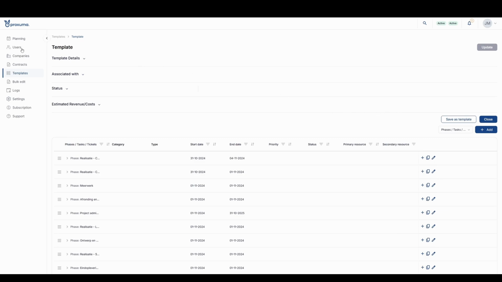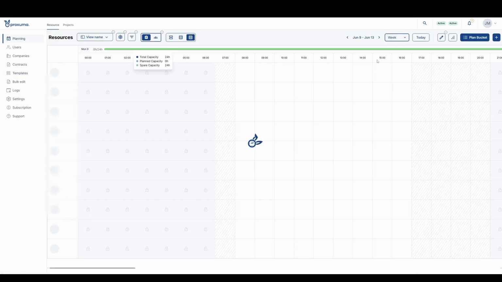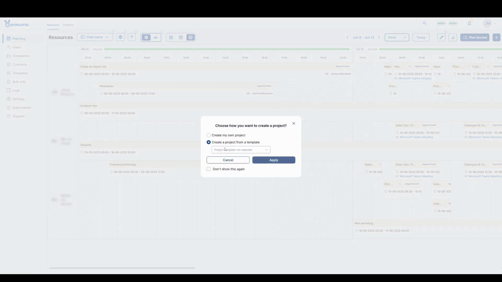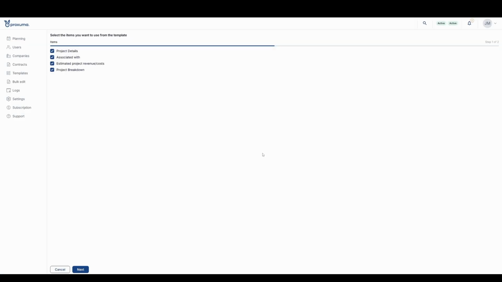So if you want, for example, to then create a project, you could do it from here or from here, doesn't really matter. You can select to create the project from template, like right here. Here you can choose which items you want to import or not. For example, if you don't want to import this or associate it with, but only the details in the breakdown,